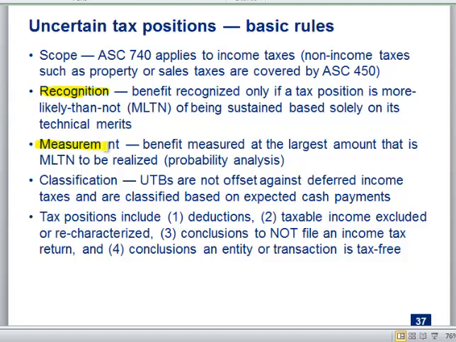step. So take that same example. I take my R&D credit of 100, and I think I'm going to win. I think I do R&D. It seemed like I passed the test, but I know these things are notoriously hard to deal with taxing authorities, so I might have to settle. If I claimed 100 of credit, by the time I'm done with my auditor, I might walk away with 80. So what the measurement test tells you is you should accrue a reserve for 20.